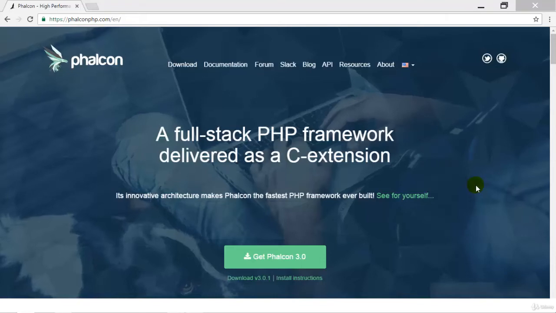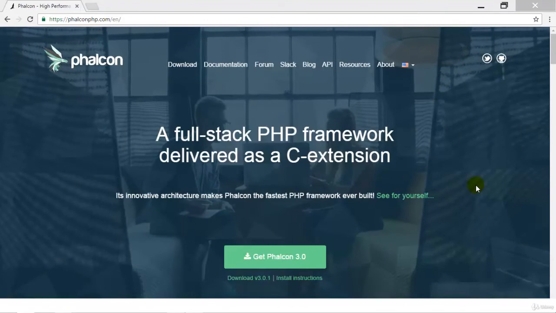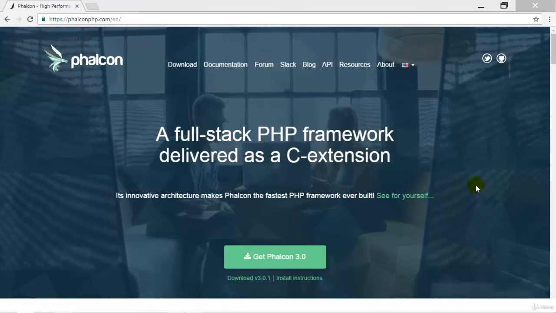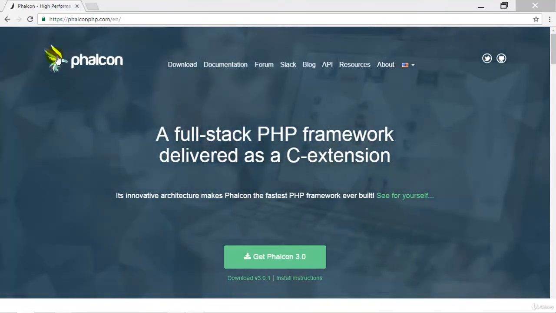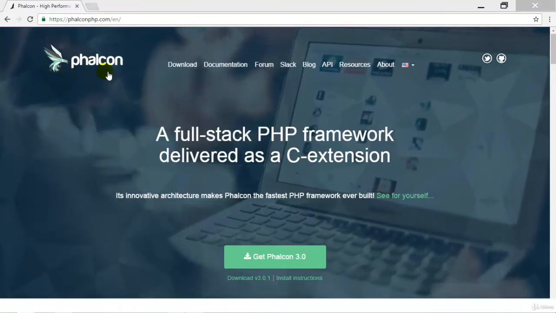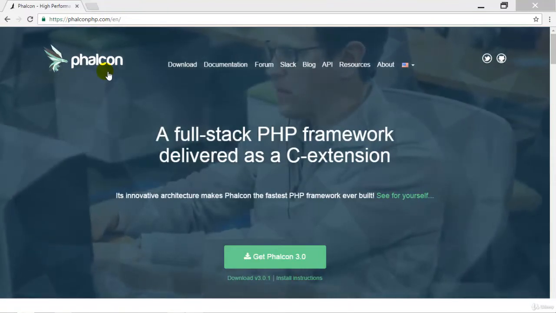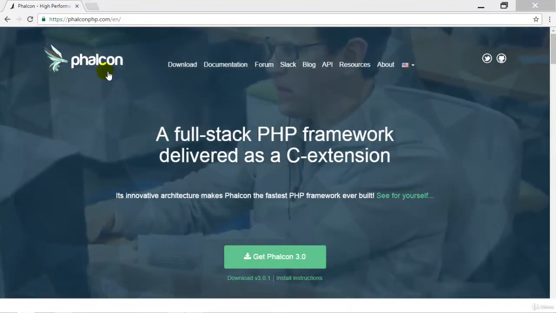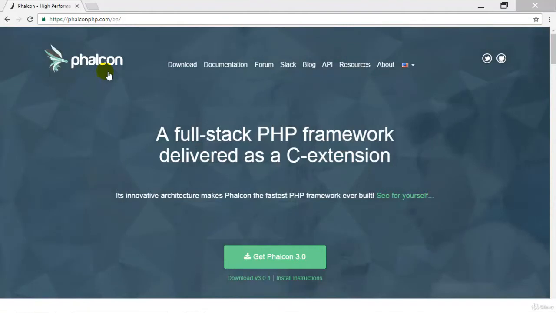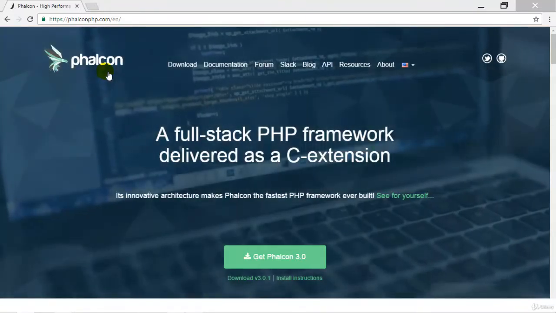This chapter is all about understanding the installation procedure of Phalcon. So the prerequisite, first of all, we need to understand is that Phalcon is a PHP framework, so it requires a setup which is normally done with the PHP, like with a complete stack, like Windows, Apache, MySQL, PHP, or like Linux, Apache, MySQL, PHP, depending upon your distribution and your operating system. So we need WAMP, LAMP, MAMP, or a XAMPP stack for this framework.